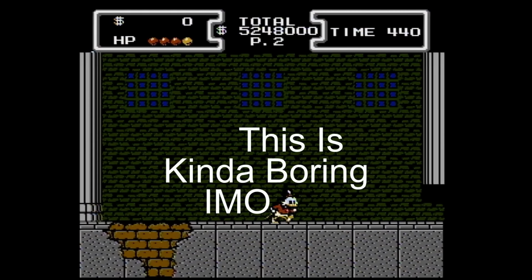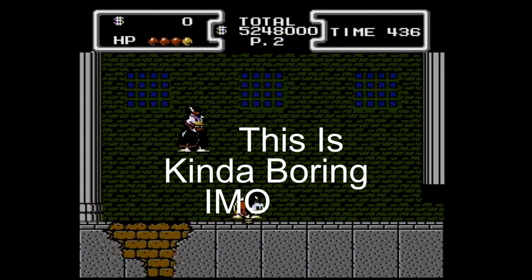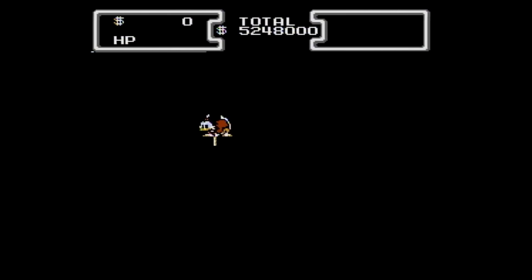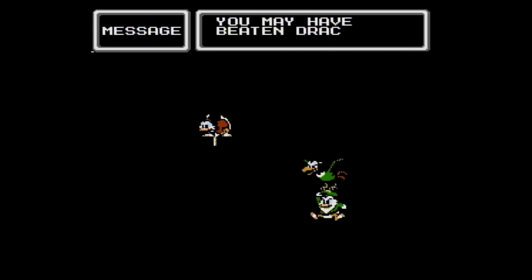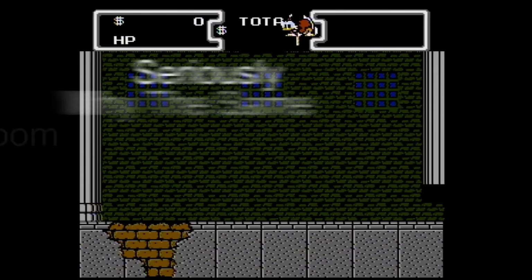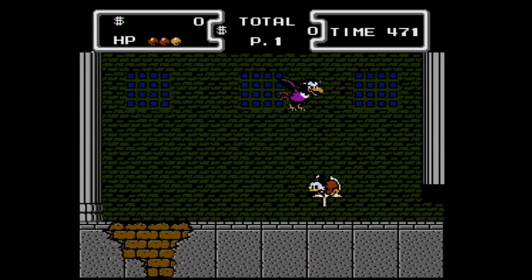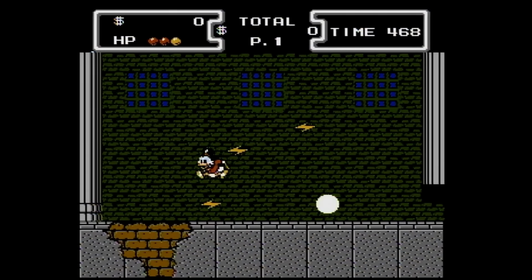Also, the final fight with Dracula Duck is kinda underwhelming to me. It's not bad, I like that you have to pogo off of his minions to attack him directly. However, it lacks a certain level of impact that a final boss should have. I think what makes the fight feel underwhelming is the fact that it takes place in the same room as the Magica de Spell boss fight. I can't help but feel that it should have at least taken place in a different room in the Transylvania